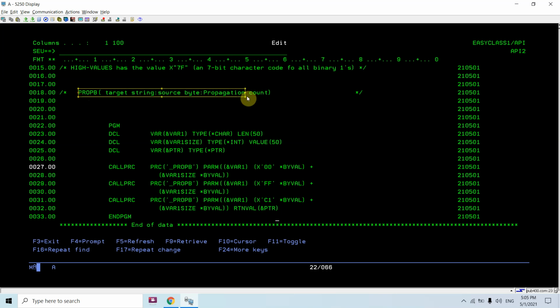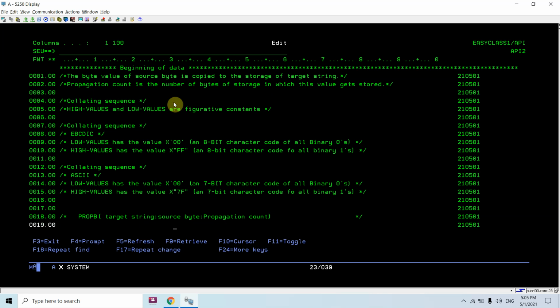This is the prototype, and it will return a pointer which is the address of the target string with the propagated source byte till the propagation count. The byte value of source byte is copied to the storage of the target string. Propagation count is the number of bytes of storage in which this value gets stored. So we will pass the source byte till the propagation count into the target string.